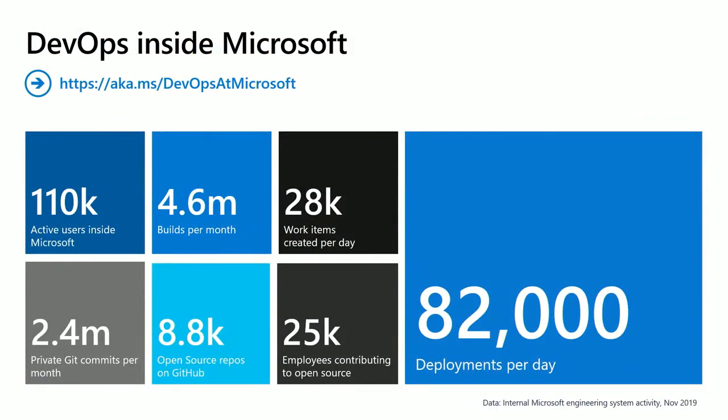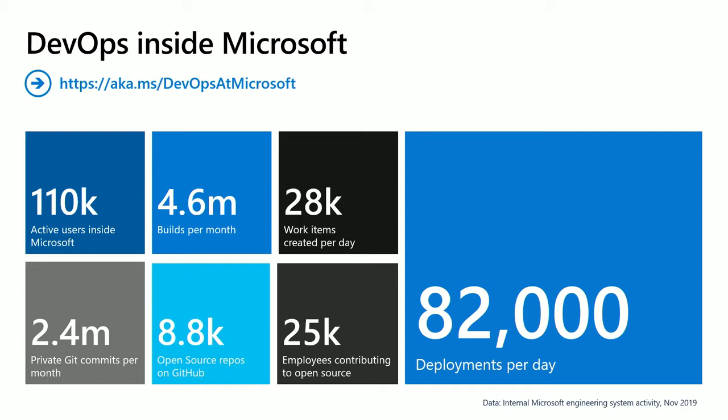We use this inside of Microsoft, it's important to say. Azure Pipelines is what's used by the Microsoft teams to build and deploy stuff in Microsoft. In the old days of Microsoft, we shipped roughly every 2 to 3 years. Let's ignore Longhorn, hopefully. Nowadays we've got a lot more teams delivering a lot more often, and we're deploying and building 82,000 times a day using pipelines, which is insane. Not all of those are production deployments, okay? There's some test stuff going on there, and some builds and things.